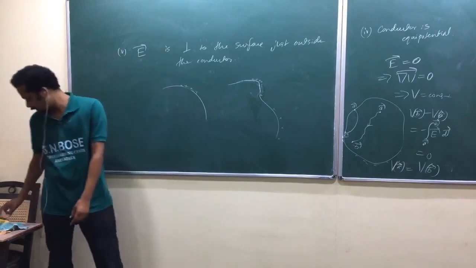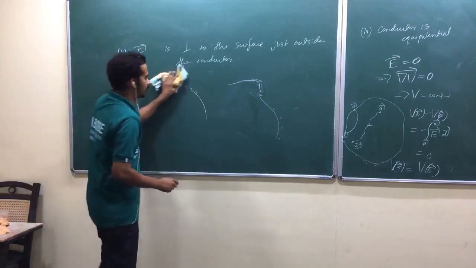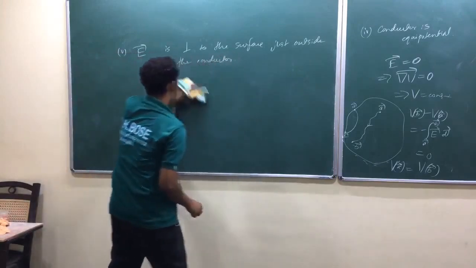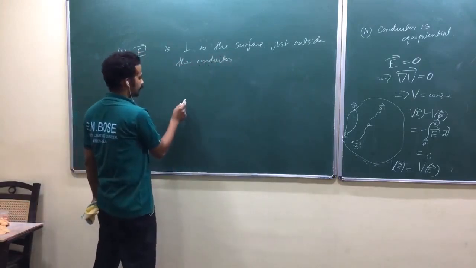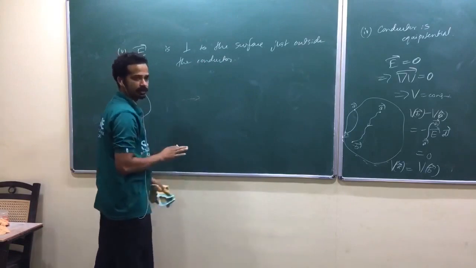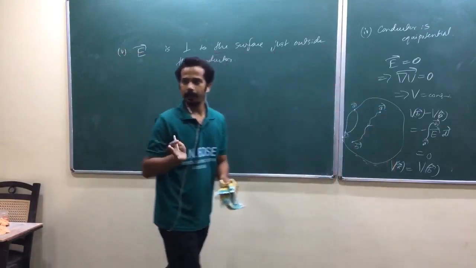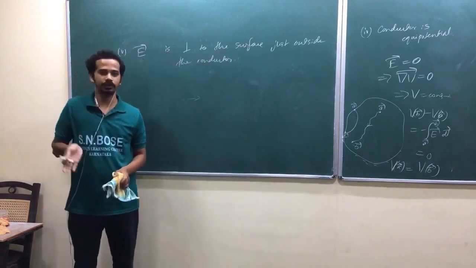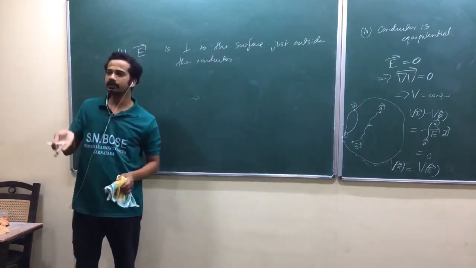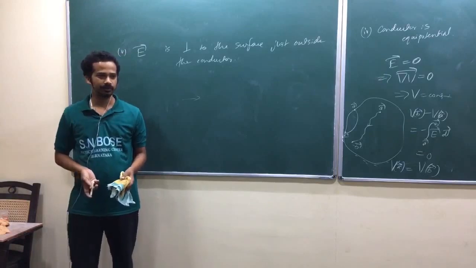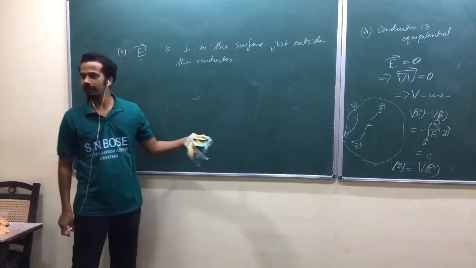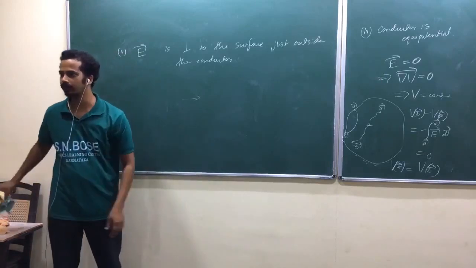Inside is 0. Yeah, that is the boundary condition. Whatever you apply, that is the boundary condition. So if any electric field exists, you can resolve that into parallel and perpendicular components to the surface. The parallel component just outside should be 0. Why? Because the parallel component inside is 0. So there may exist only surface charge for a conductor.